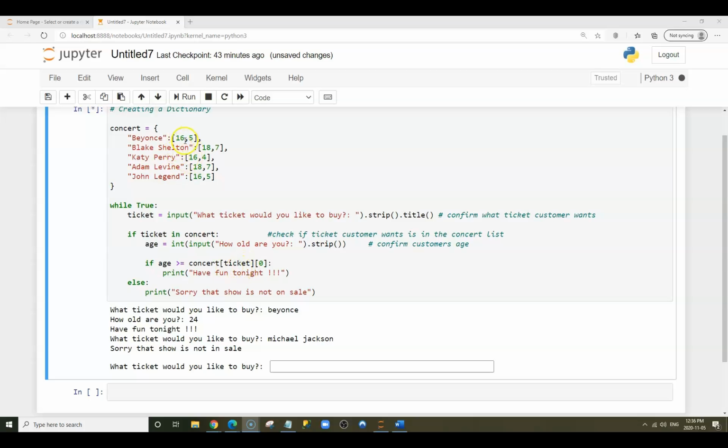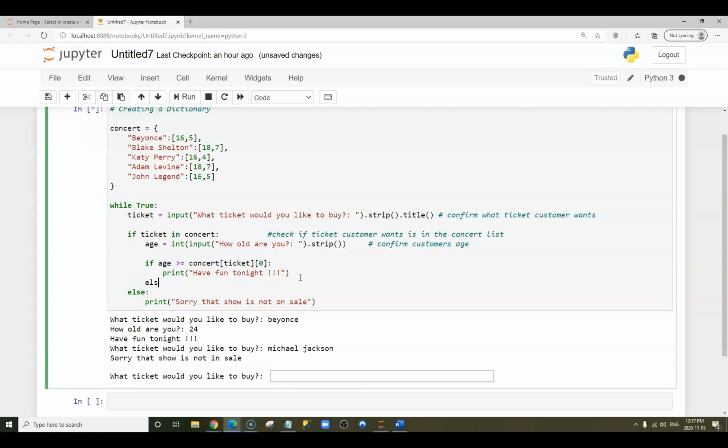Now if we look at the values, we know that the first value, at index 0, is the age requirement, and then the number of tickets is index 1. So we are saying that if the age supplied by the customer is equal or greater than 16, then print have fun tonight. What if the customer's age is lower than the age requirement we have? What do we want Python to do? Now we can say else